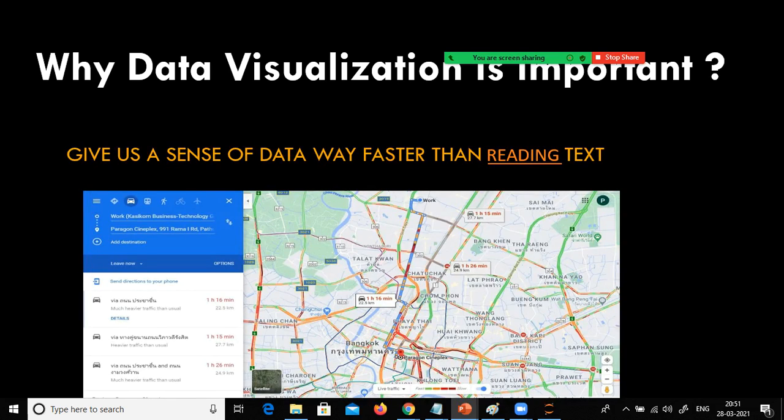Another example, look at this one. Just by looking at this Google map, you can decide which route you are supposed to take. Let's say you are in a hurry to reach home after office hours or during lunch time, because somebody called you from your house, and you need to reach home in the afternoon. But by looking at the chart, in a matter of a jiffy, you can make a decision, right? What course of action can we take to reach home, or which direction can I take to reach home early?